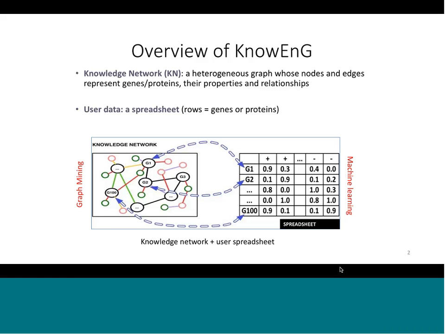And of course, there's a natural mapping between these two data types, which is provided by the fact that genes that appear as rows in the spreadsheet also appear as nodes in the network. And so ideally, the methods that analyze the spreadsheet should be able to make use of this additional information about the rows of the spreadsheet provided through the network. And I'll also mention that typically the spreadsheet is analyzed on its own using various machine learning methods, data mining methods, and the network is analyzed on its own, typically using various graph mining methods. And there is scope for combining the two types of approaches into integrative methods that make better calls, better analyses